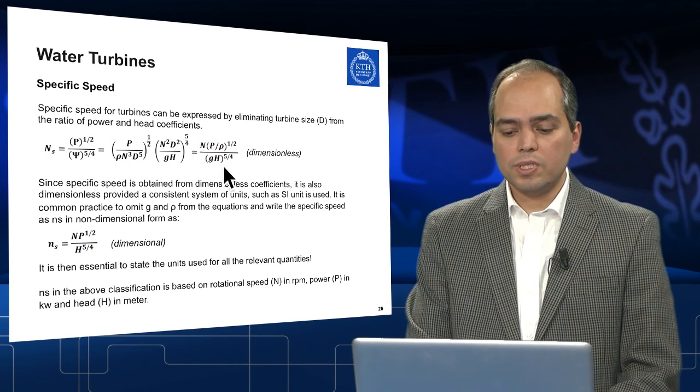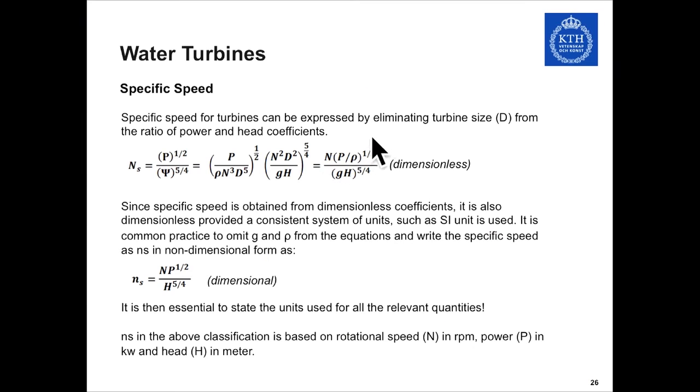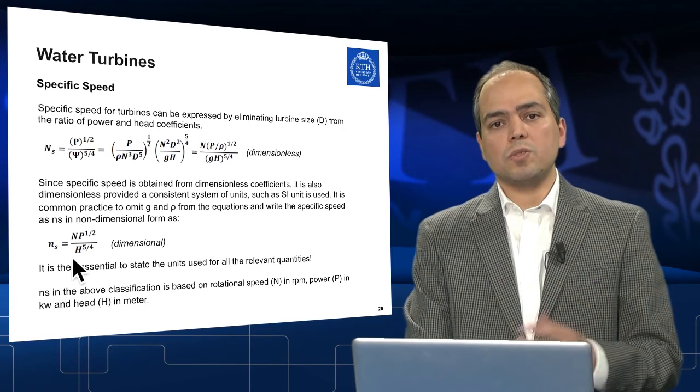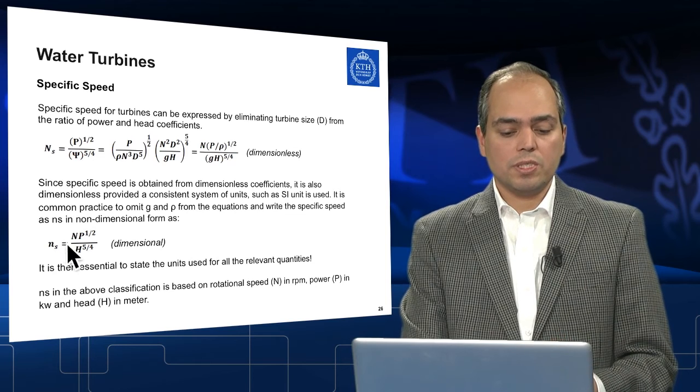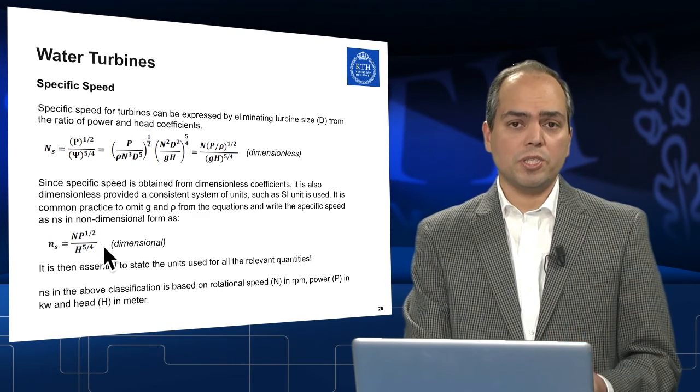So here you can see that we end up with a dimensionless parameter without having a d inside it. And then in practice, it is very common to eliminate rho, which is the density, and g, which is the gravity constant, and then write the specific speed as this term. It's very important not to mix up these two different ns values, because the second one is in fact a dimensional